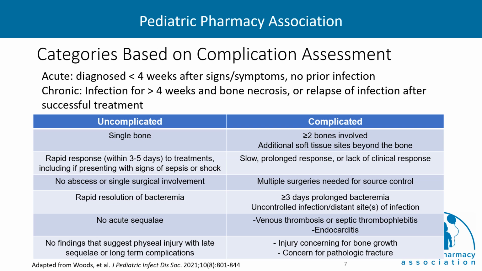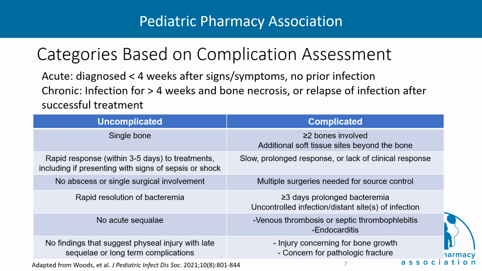Uncomplicated cases are typically a single bone. They respond pretty quickly to the treatments you give them, even though they may present really sick at the beginning. If they bounce back in 1 or 2 days, that can still be uncomplicated. There's no real abscess, or if there is an abscess, they got rid of it with one surgical procedure. They don't have to have repeated surgical procedures. If they had bacteremia, it resolved pretty quickly. You may only have it on the first blood culture. There wasn't really any acute sequelae associated with the infection, and there are no concerns for late sequelae or